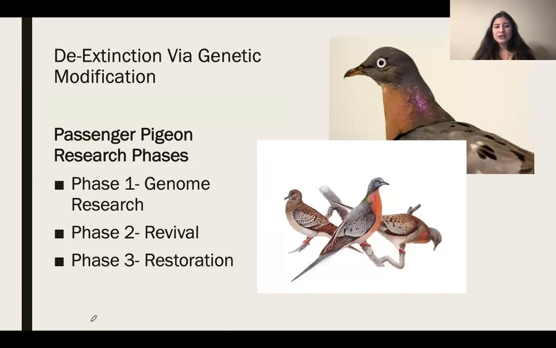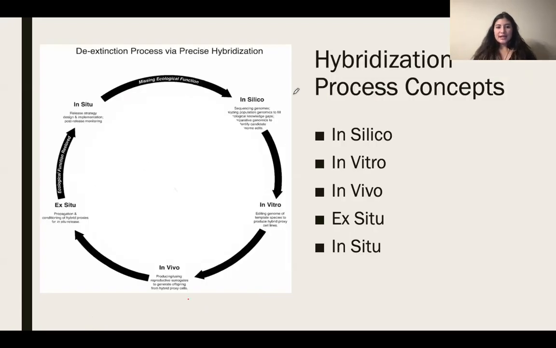I wanted to go back to the precise hybridization process concept so that we can see how these concepts come into place and how this circle just goes on and on in phase 1, in which the passenger pigeon research took place at the University of California, and it was led by Benjamin Novak, with the help of a lot of fellow researchers, advisors, and partners